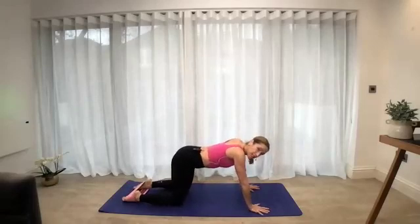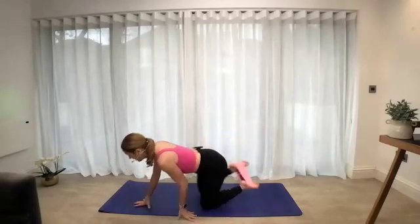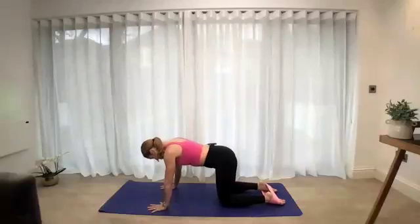We're just going to go straight into the other leg. I'm going to switch around so that you can see what I'm doing. So I'm just going to literally switch around on my mat. And then we're going to do the same thing on the other leg. So starting with the toes tucked,